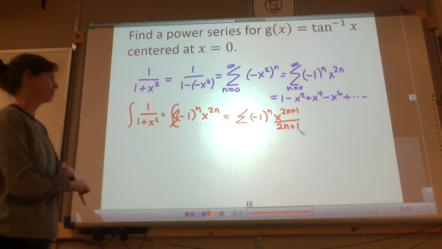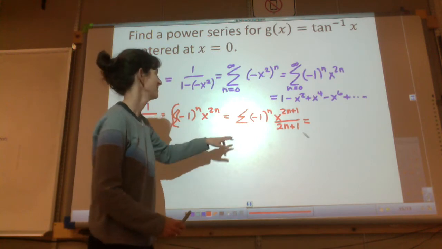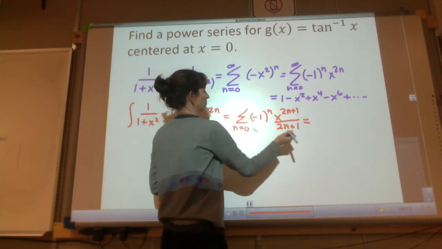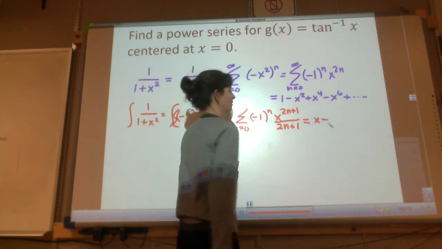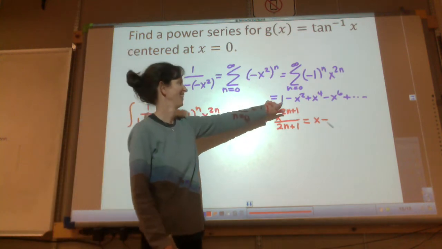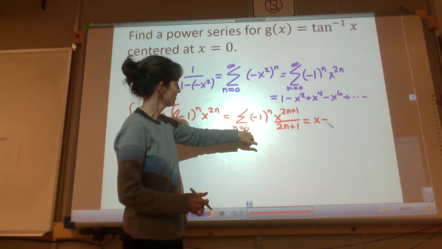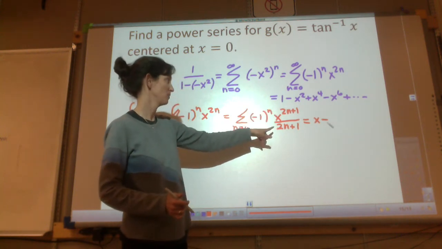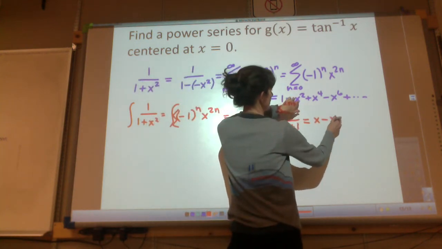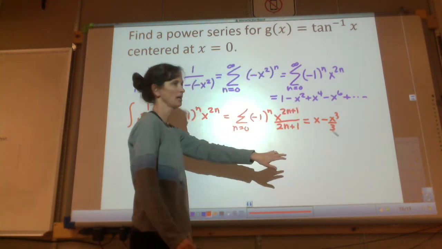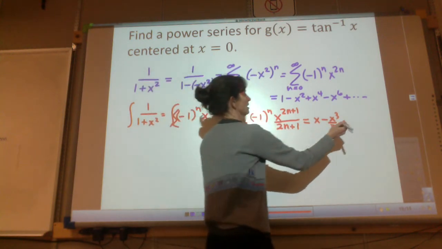Let's write out the terms and see if it works out. First term, x. Folks at home, I'm cheating by just taking the antiderivative of each term of the polynomial. Then minus x cubed over 3. 2 times 1 plus 1 is 3. Does this work when we put in a 2? Yes, positive, and then the x to the 5th term.